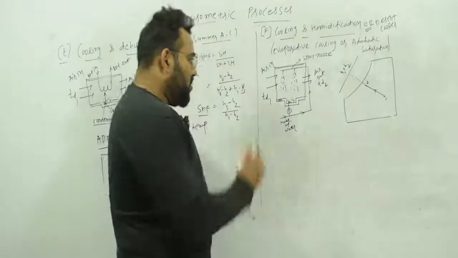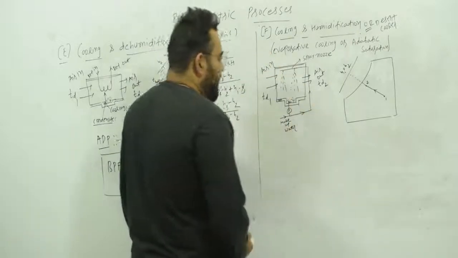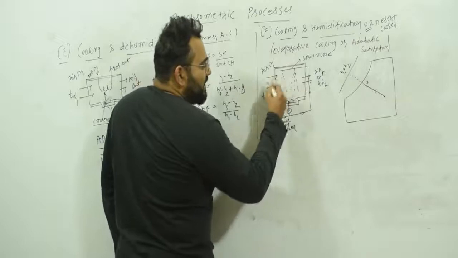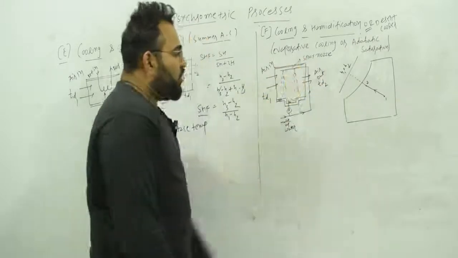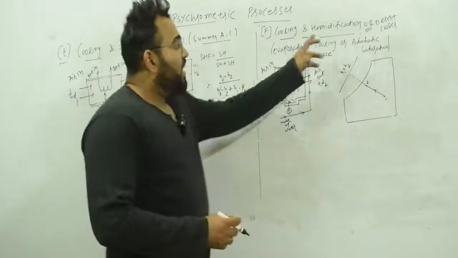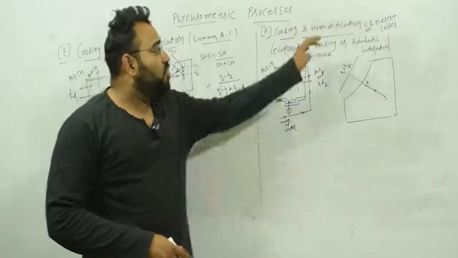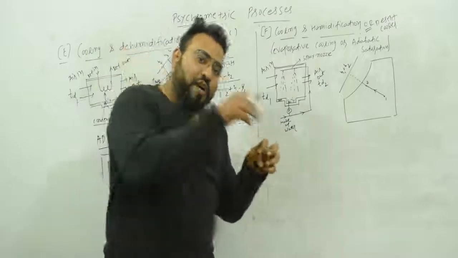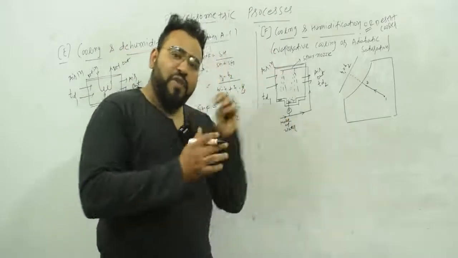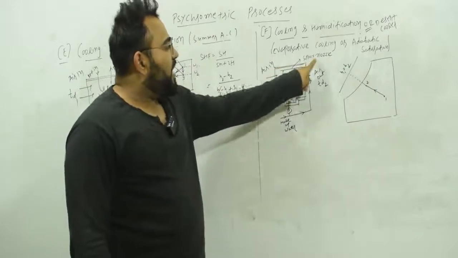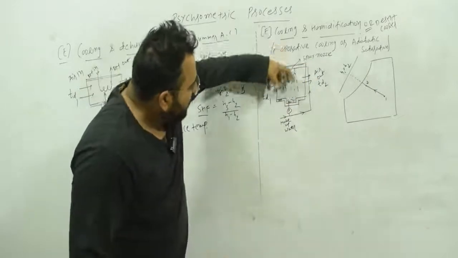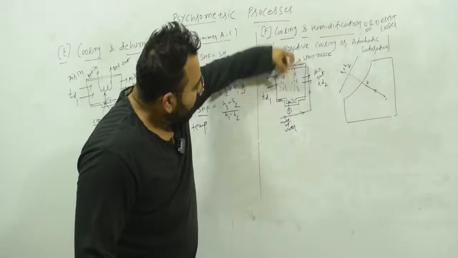Now how can we do cooling and humidification? Here you can see that air is coming in with dry bulb temperature TD1 and going out with dry bulb temperature TD2. Now here we have to do humidification, that means we have to add water vapor into the air, as well as do cooling. So what I will do here is a cooling water spray. Here it is the spray nozzle. So what is happening here? Cooling water spray is started over here.